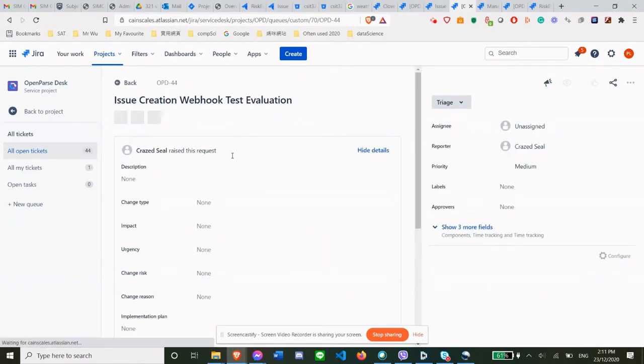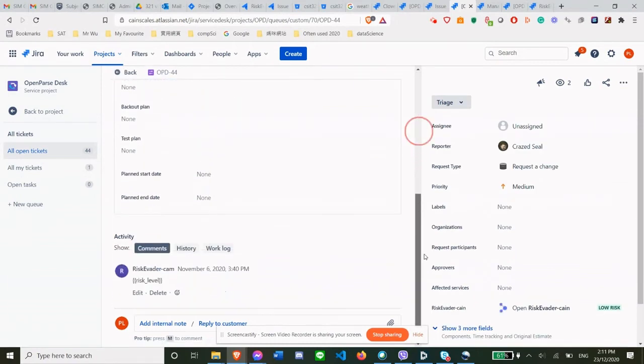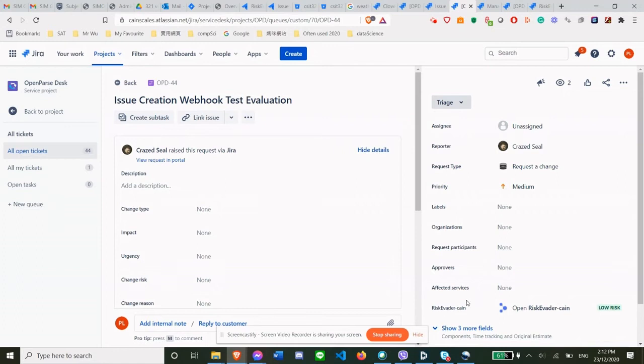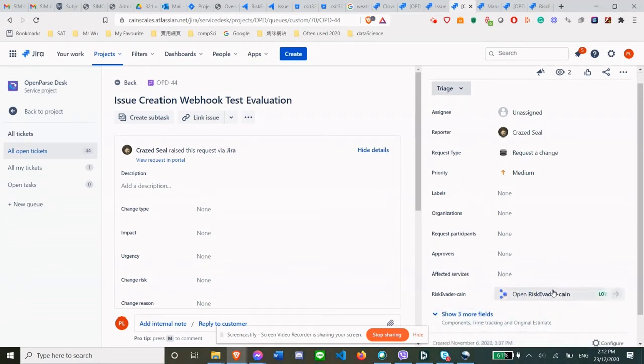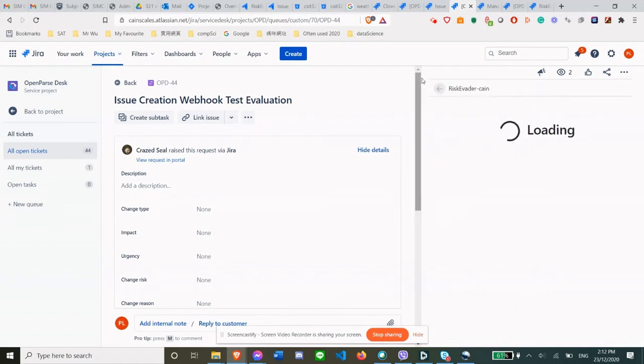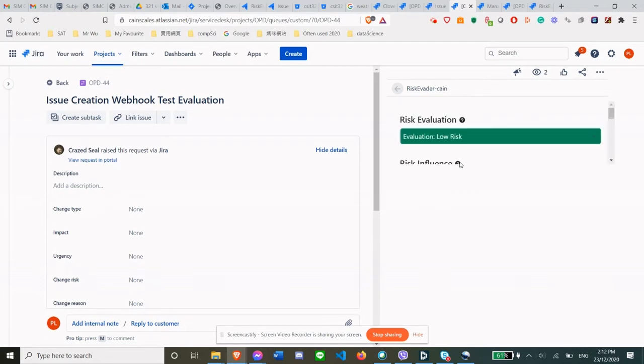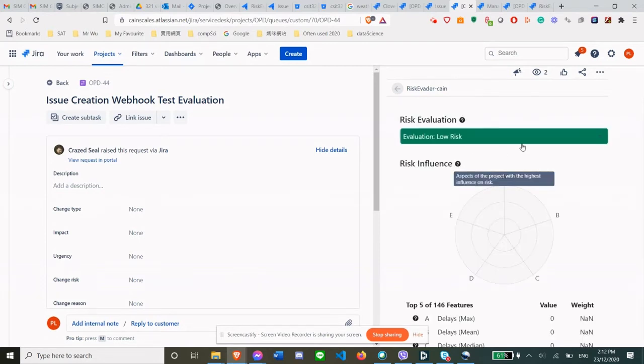Okay, once you click on it, you'll see an overall view of this report. And then on the bottom right corner, you'll see this Open RiskEvader. And you click on it, and I'll just make it slightly bigger. And after it loads, and it will load for a while, a very long while,